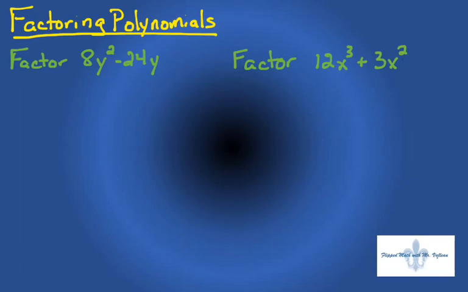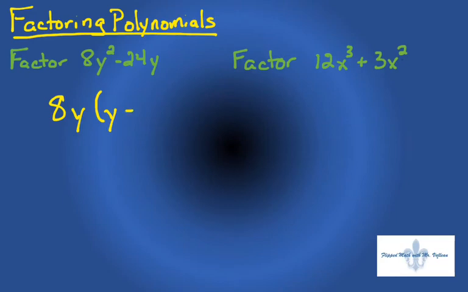Well, again, when we look at our factoring of polynomials here, in this case we have 8y squared minus 24y. And so the first thing we look for is what do they have in common? Well, 8 does go into 24, so we know that is a common factor. And we know that there is a y present in both of them. So what we can do is remove an 8y from that binomial, separate it out,